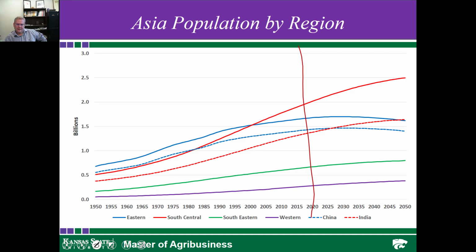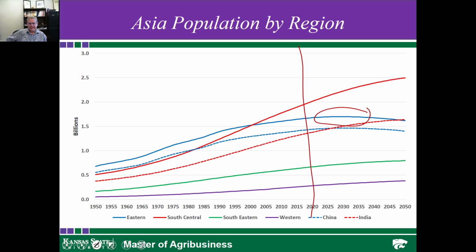If you look at the blue line here, this is Eastern Asia. One of the things you end up seeing is that Eastern Asia, probably within the next 10 years or so, will begin to actually peak their population and will begin to see a little bit of a decline. And again, these are UN population growth numbers. We use the median variant here.